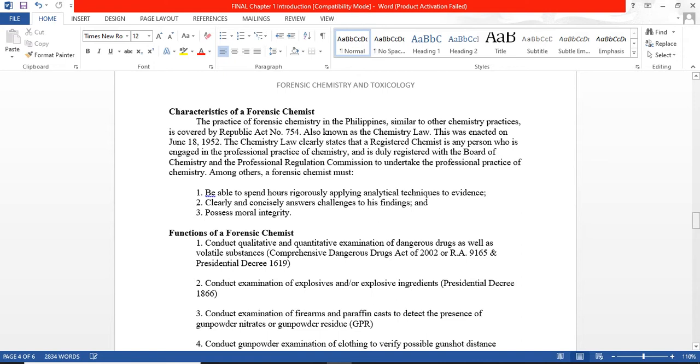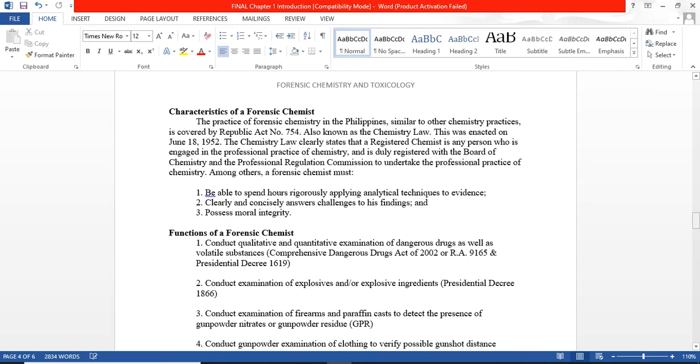The chemistry law clearly states that a registered chemist is any person engaged in the professional practice of chemistry who is duly registered with the Board of Chemistry and the Professional Regulation Commission (PRC) to undertake the professional practice of chemistry. Among others, forensic chemists must first be able to spend hours rigorously applying analytical techniques to the